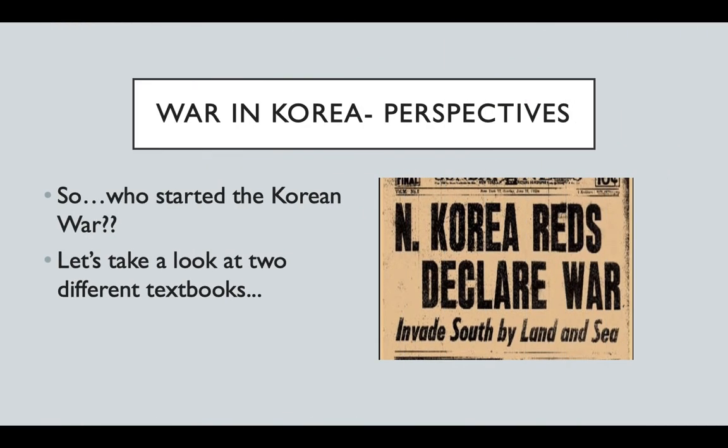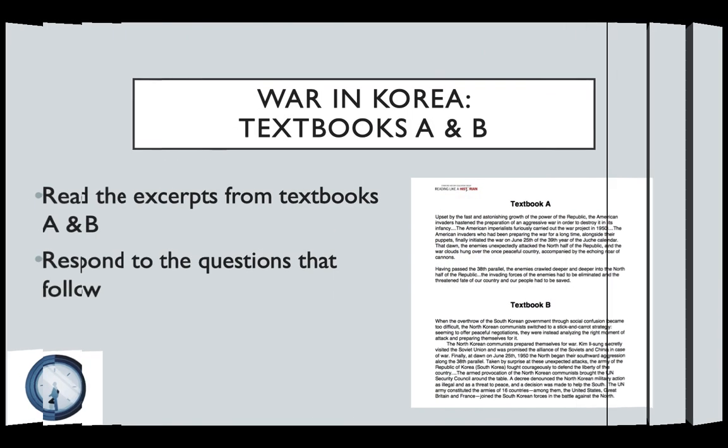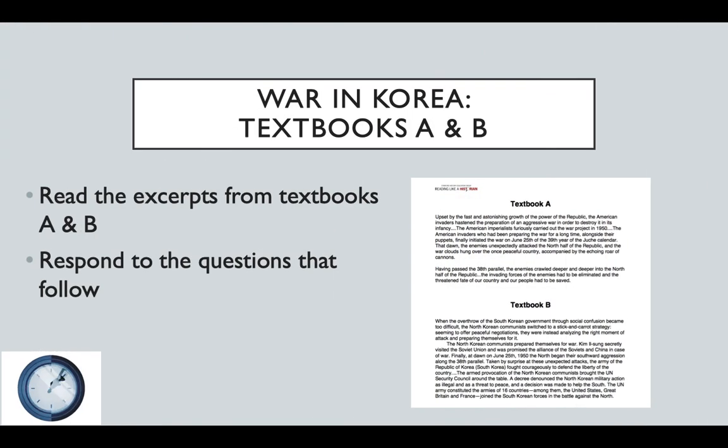We have 2 different textbooks for you to look at, and they're both essentially making a claim as to who started the Korean War. So to get you started, you're going to read both excerpts. Because you can't source it, we're going to go straight from reading it to analyzing it using the document analysis questions on the next page. So the first page is going to ask you to first compare how it's starting according to each textbook. Tell us which one you think is more trustworthy and why, using text support in your answer. And then possibly brainstorming some ideas of where to get more info since we're not really sure which one we want to believe just yet.